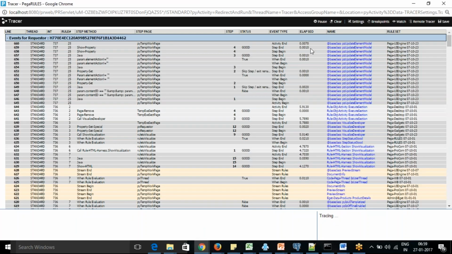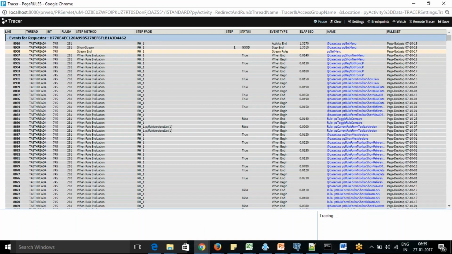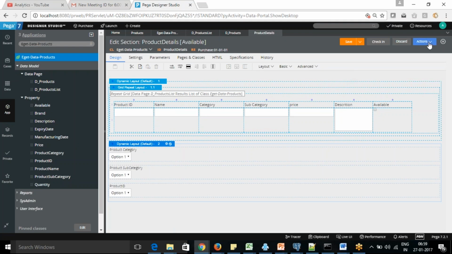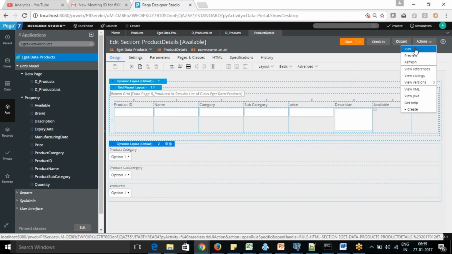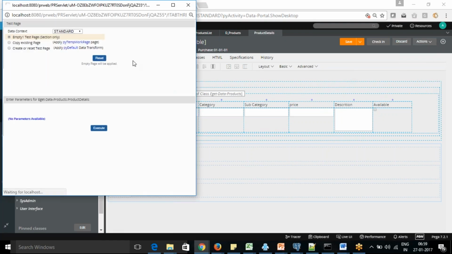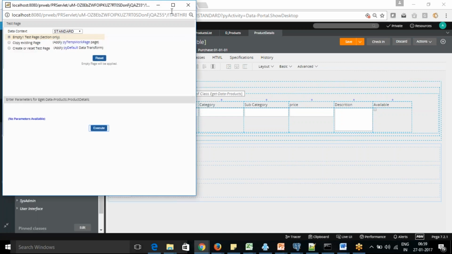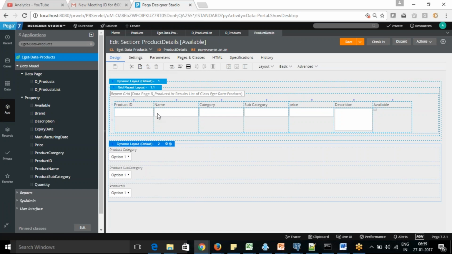Oh. Actually, okay, this is okay. Target tracer. Yeah, that's why it's slowing down. I need to stop the tracer. Otherwise, it will not take that much time. Still doing well, I think so.